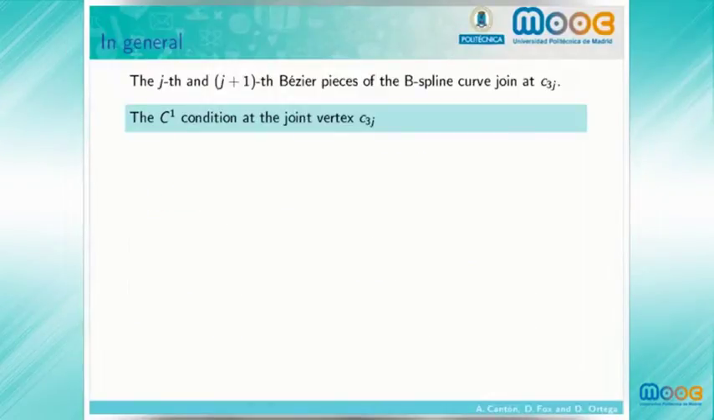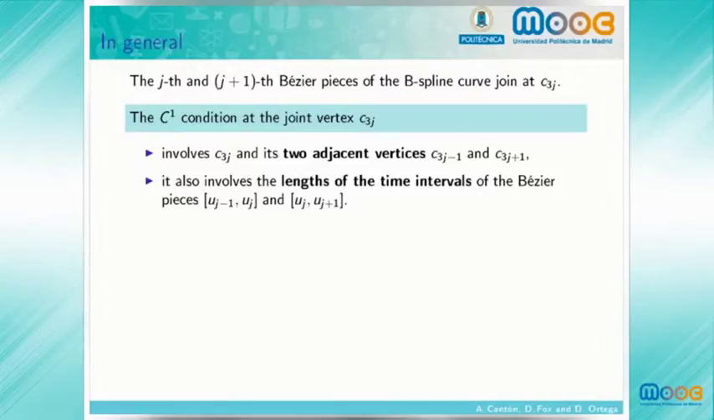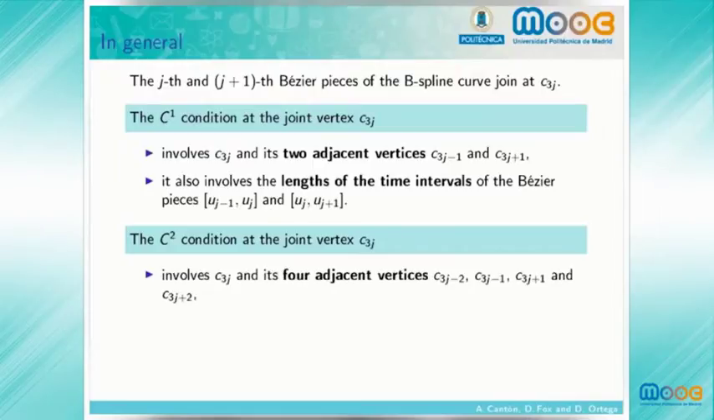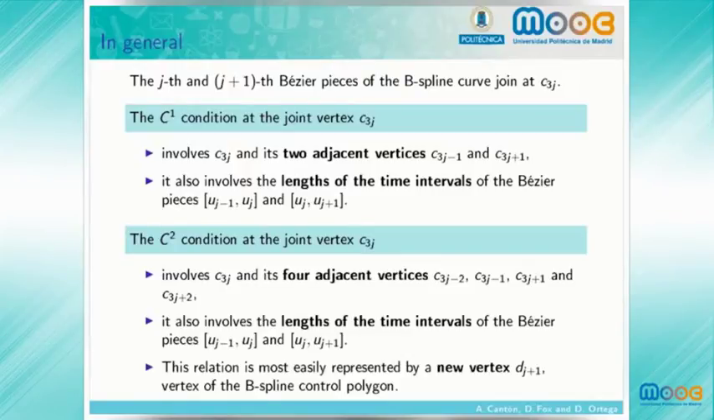In general, for the jth and j plus first Bezier pieces of the B-spline curve to join at the control vertex C sub 3j, the C1 condition involves two adjacent vertices and the lengths of the time intervals of the adjacent Bezier pieces. The C2 condition at the joint vertex involves four adjacent vertices, the two immediately before and the two immediately after the vertex, and the squares of the lengths of the time intervals of the corresponding Bezier pieces. The easiest way to represent this relation is via the new vertex d sub j plus 1, which will be a vertex of the B-spline control